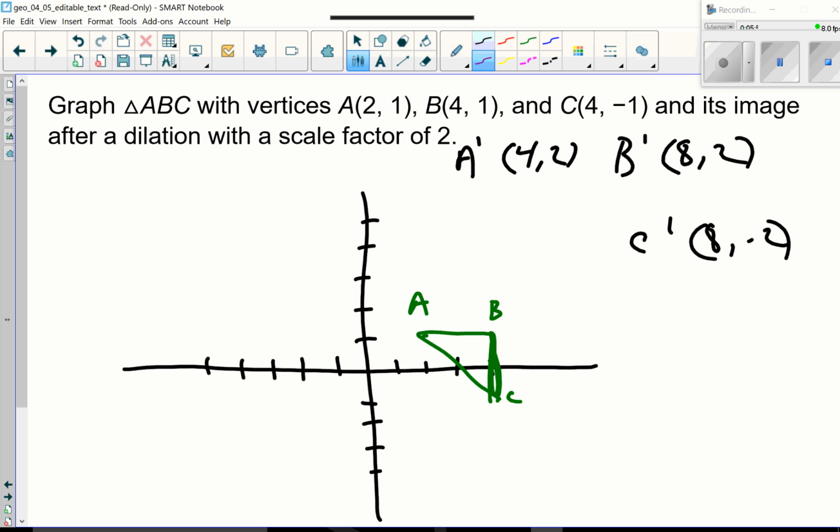So we've got 4, -2. We've got 8, -2, 5, 6, 7, 8. So 8, -2, and then 8, -2. So we're going to go like this. Okay. Now, again, we're going to go A prime, B prime, C prime. Now, normally they do in the book, if you look at these, they're going to put the new figure